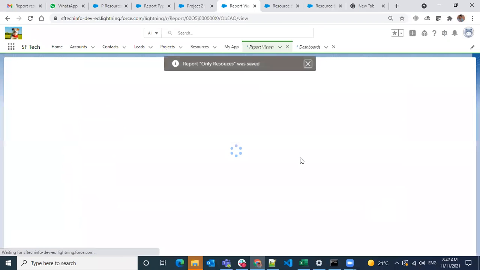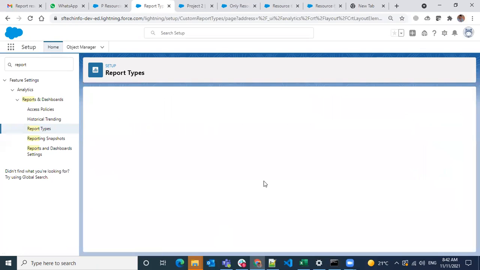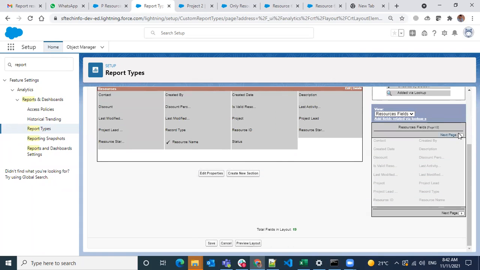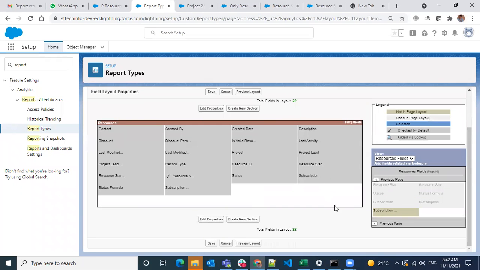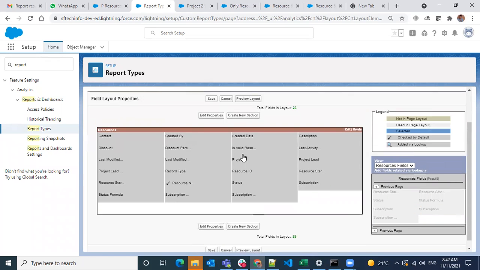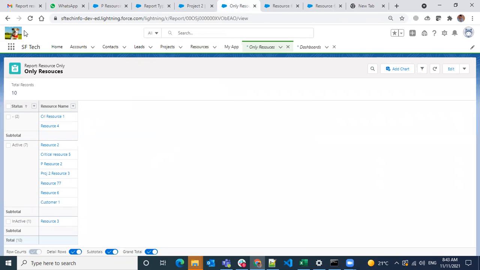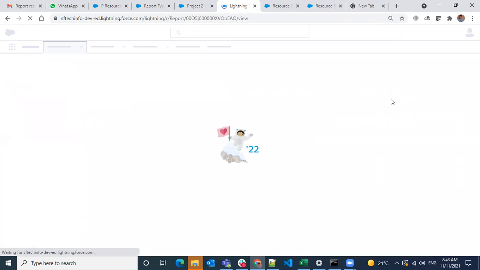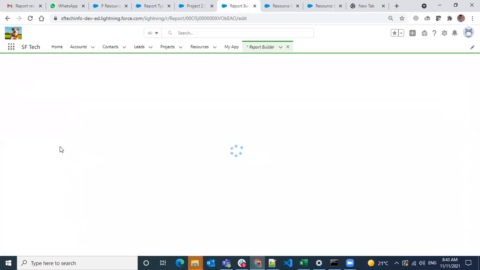Save. So now I will add those fields over here in the edit layout. Here, I want to add those fields back, and do a save. Now if I edit, I should be able to see those subscription related fields.